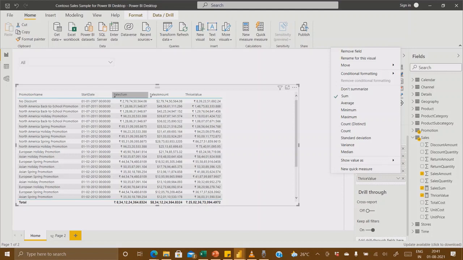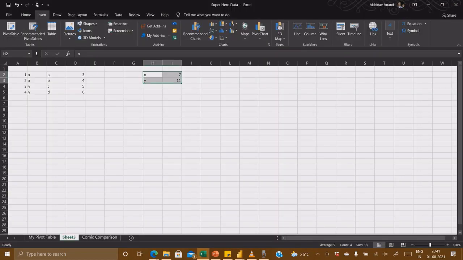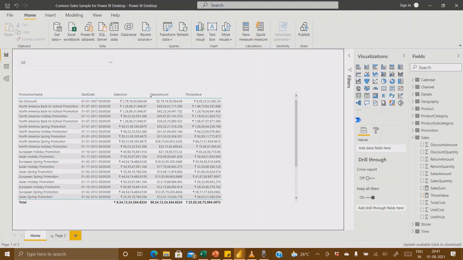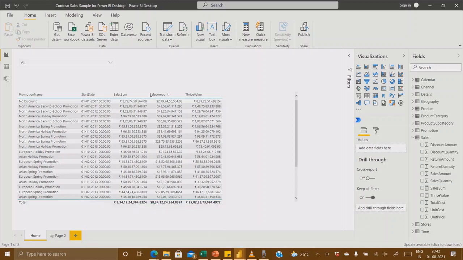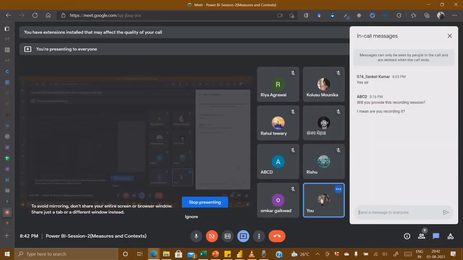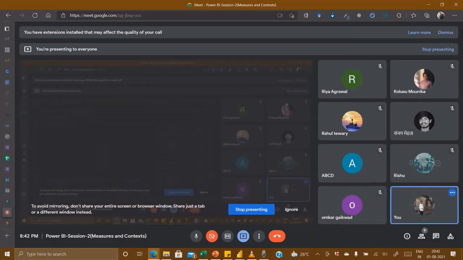So what I mean is this is a filter context. Whatever we put here will be filtered by all the columns which are present here. So I think everyone is getting this. Anyone having a doubt can tell me right now. Okay, no one, then okay, cool.